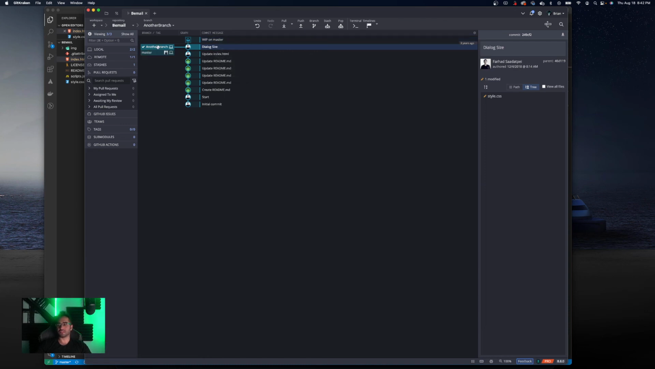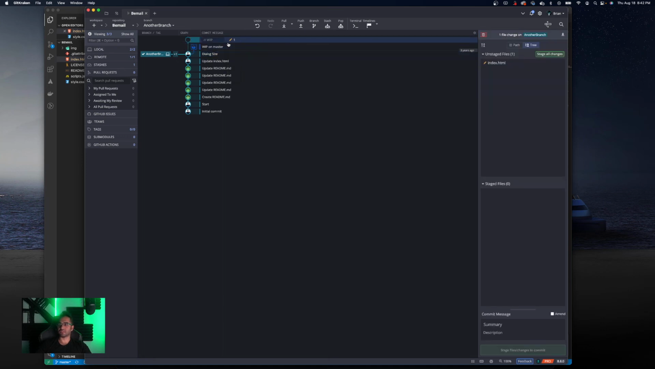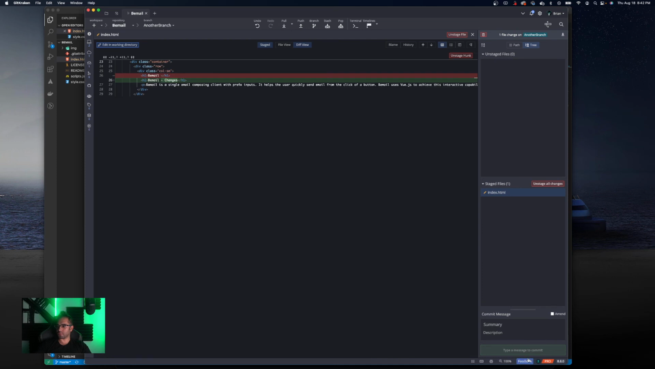Yeah, that's another case scenario. So let's apply it to data stash. And now, as you can see, it is applied to another branch. And if I commit to another branch,